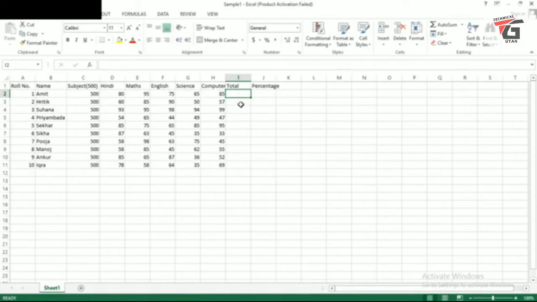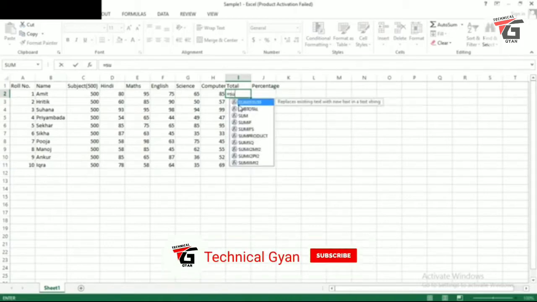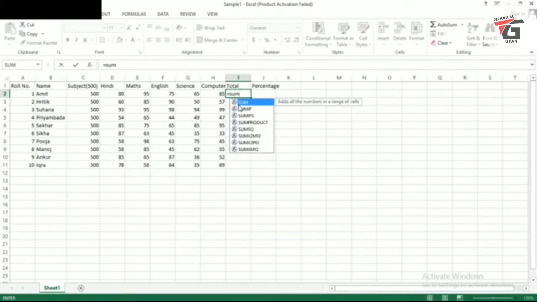I will show you. Here I am entering the formula for calculating the sum. Before we can enter any formula, we have to enter the equals to sign. Then we have to enter the formula or function, that is the SUM function that we will use here. Then we have to enter the range of cells. So the range of cells includes the cell address from where till where we have to include the numbers in the formula. So our cell range starts from column D.